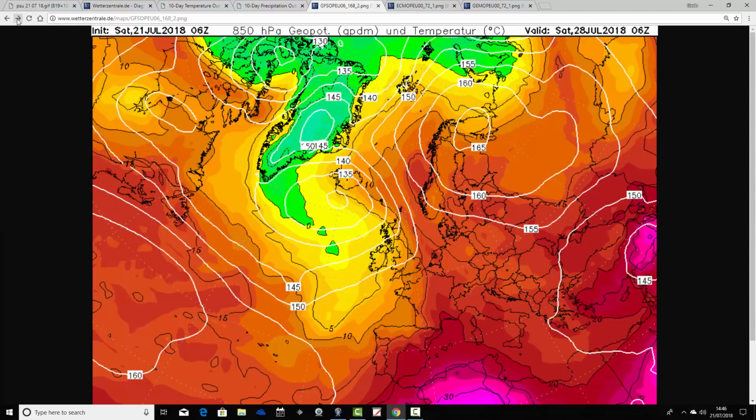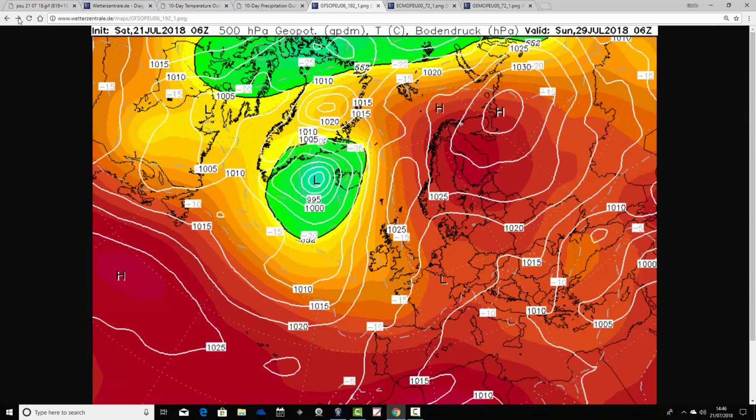Upper air temperatures are lowering down, so we're losing that intense heat. That's being pushed away to the east. But it's not the end of the heat wave, because high pressure is actually still in control. So as soon as we get rid of those thunderstorms, we go into a fresher, cooler air mass, but high pressure still ridging through the country from the Azores